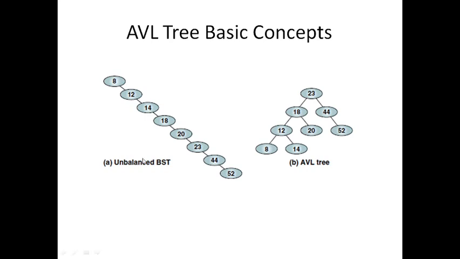Not only that, it's not just about the root being balanced. An AVL tree must also be balanced at every level. So you have to check whether every node in the tree is balanced. So 12 has to be balanced, 18 has to be balanced. In that way, only if at every node level the tree is balanced, then it is called an AVL tree. So this is the basic of an AVL tree. An AVL tree is just one step ahead of the BST, in that it is also a balanced tree.